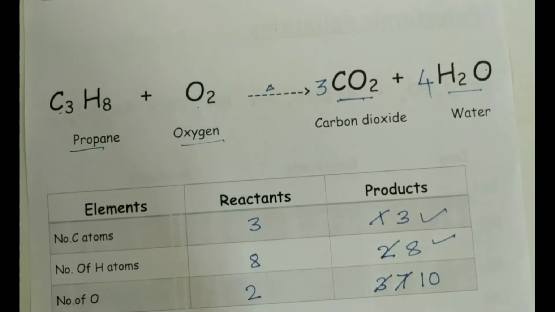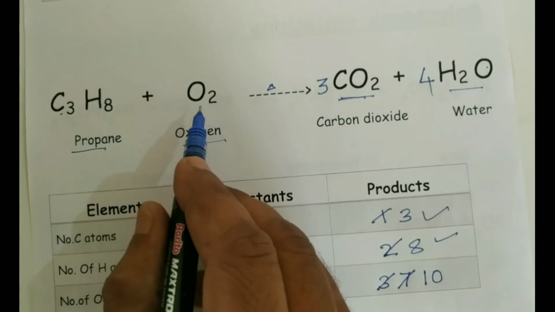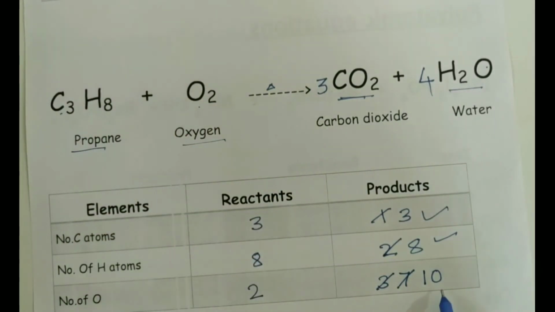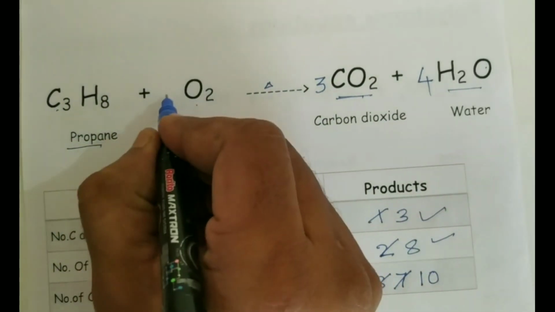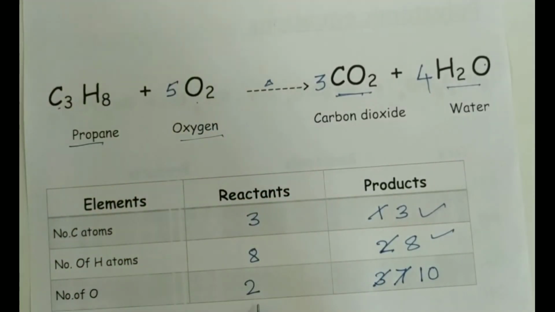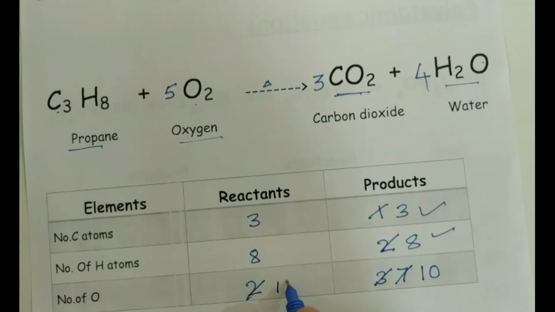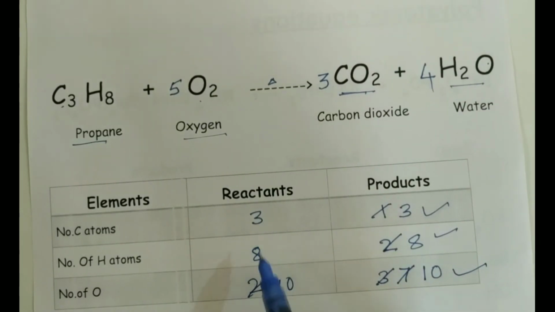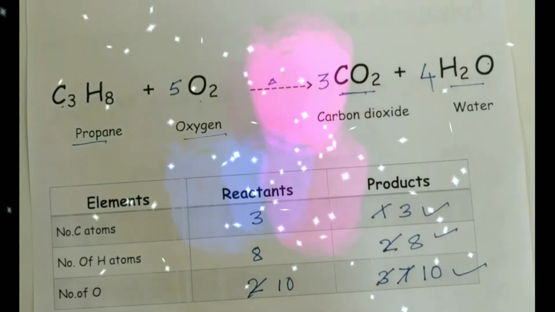Now we are going to balance the oxygen atoms. Here oxygen only 2 is there, here 10 is there. So 10 by 2 is 5. So you multiply by 5, 5 of 2 is 10, and on both sides it becomes 10. So now 3, 8, 10, 3, 8, 10, now the chemical equation is